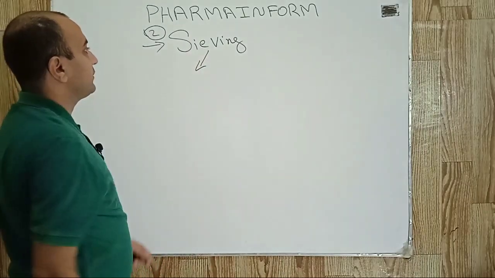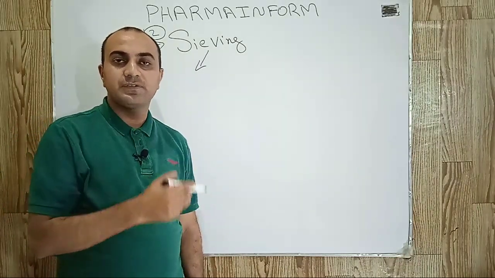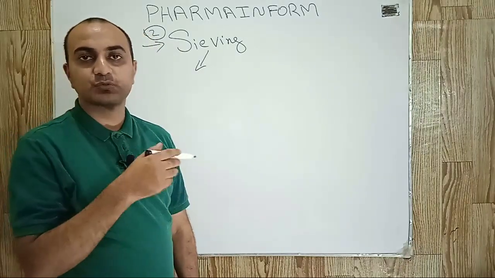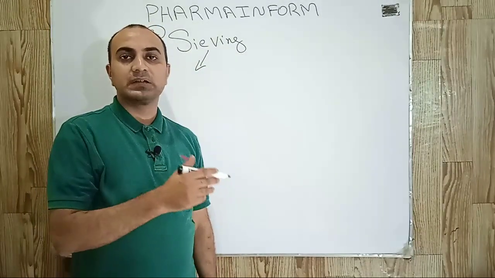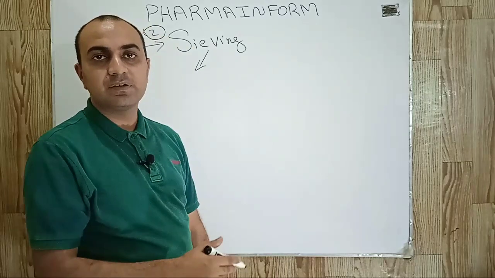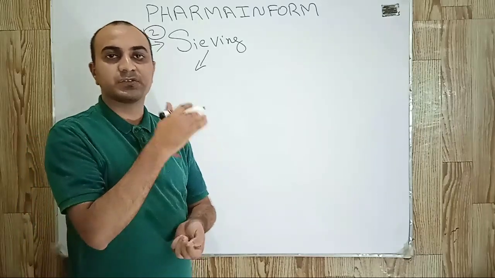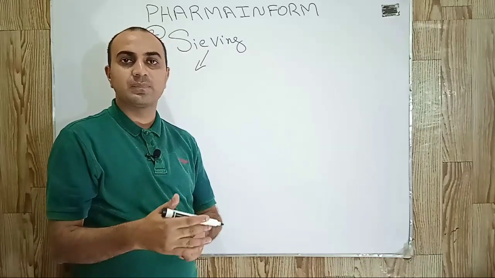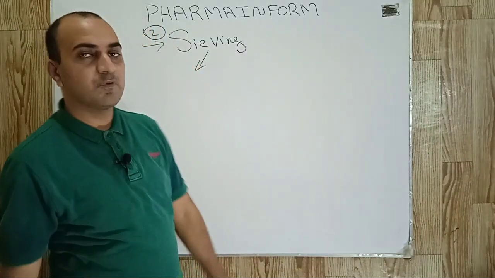So we start with sieving. Sieving is a simple step in which we sieve our excipients or active pharmaceutical ingredient which we are going to use for granulation. In simple words, before kneading or wetting or pre-mixing of any material used in the wet granulation step, first of all we screen or sieve our materials through a proper mesh. And one question is, why do we perform the sieving step?